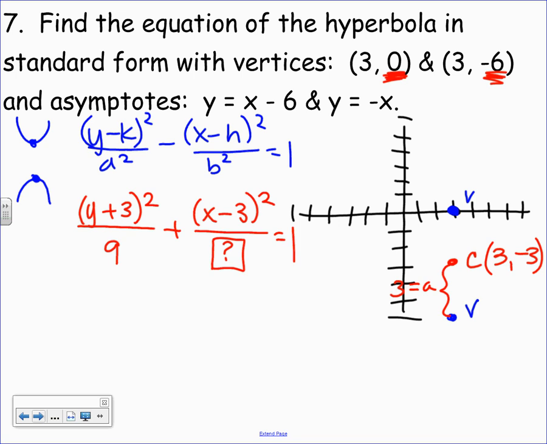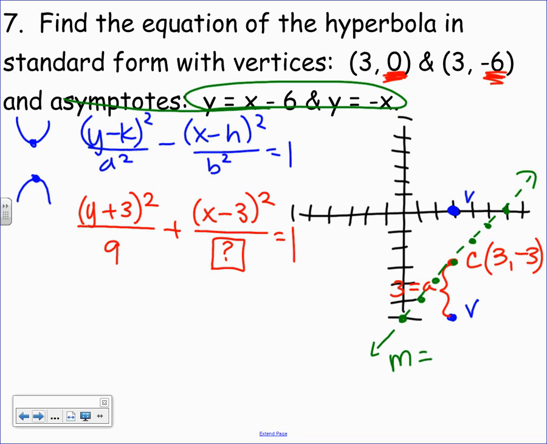Then we're supposed to find asymptotes. I like to do asymptotes in red, but okay, find asymptotes. Hey, these are my asymptotes. y = x - 6. So it's -6, up 1 over 1, up 1 over 1, up 1 over 1, like so. Good deal. Hey, the slope on this is 1,